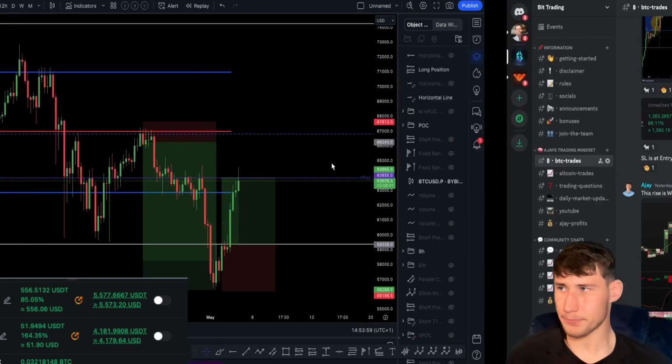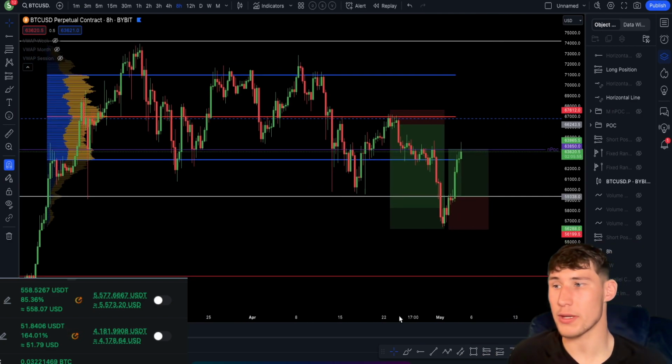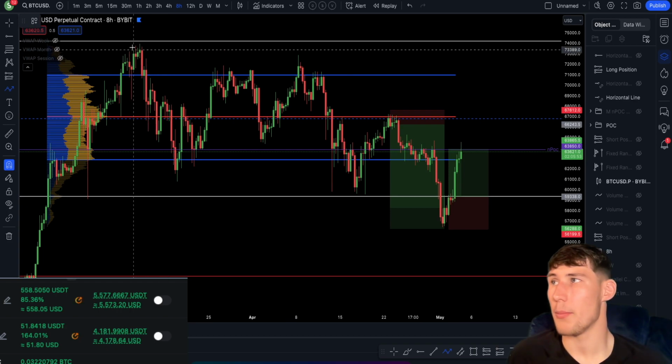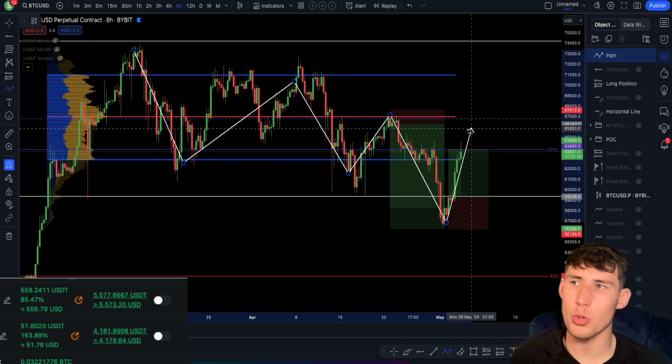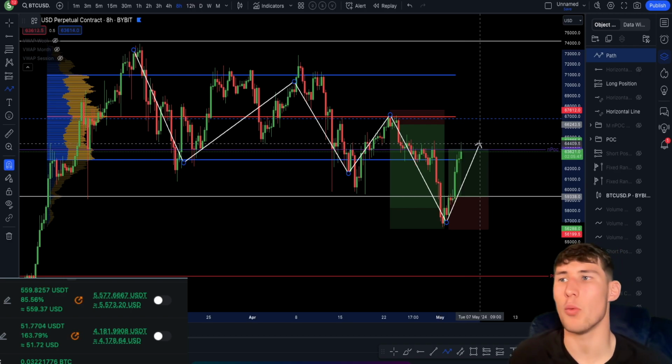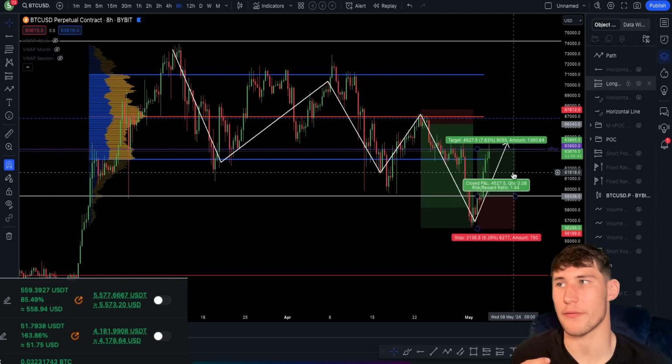But yeah, I am long on the price of Bitcoin. But I have to understand that we are currently bearish, as we can very clearly see. We have bearish market structure, so we have to remain cautious within this long trade. And that's exactly why I have moved my stop loss to entry, making it a completely risk-free trade.